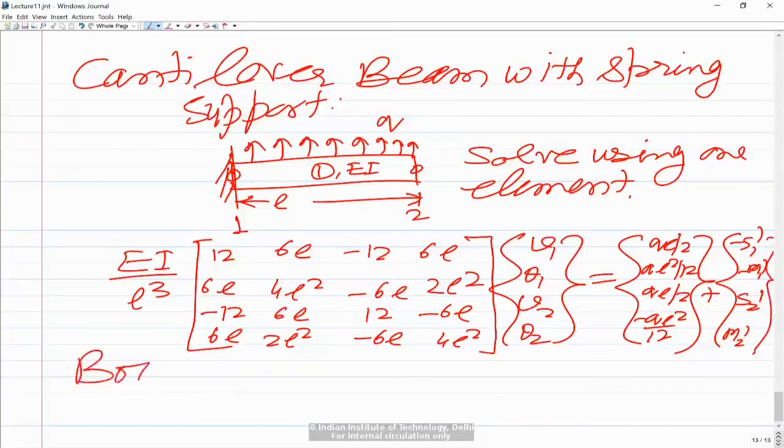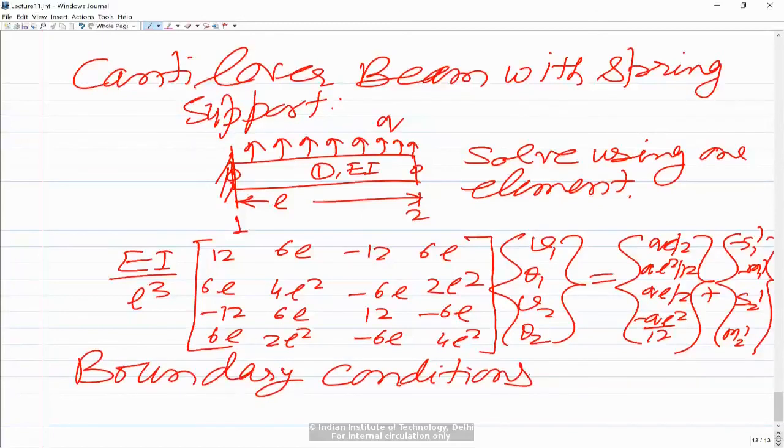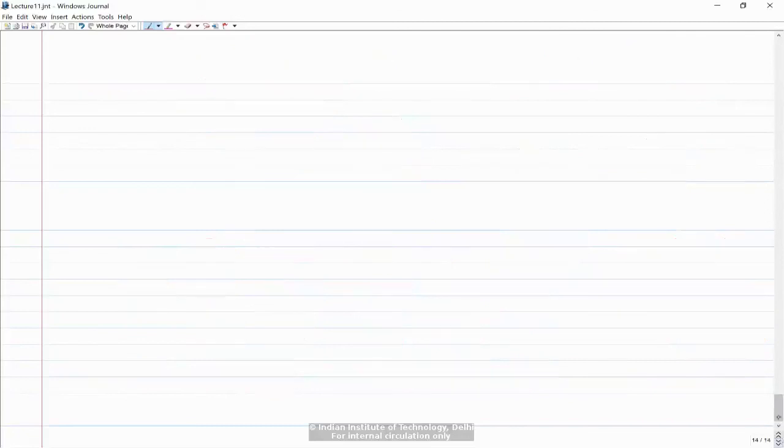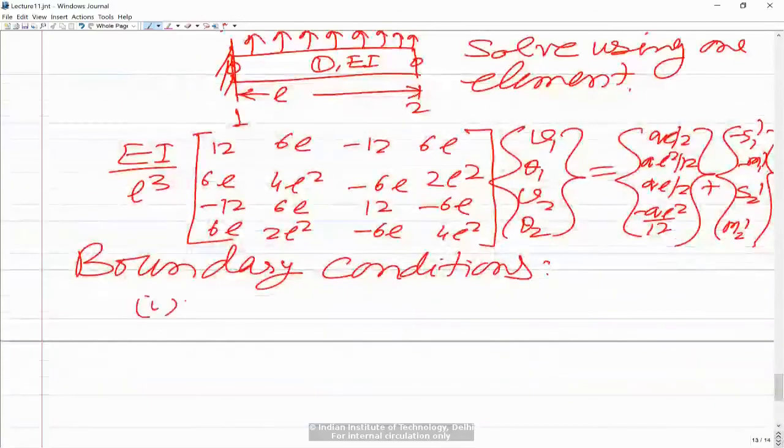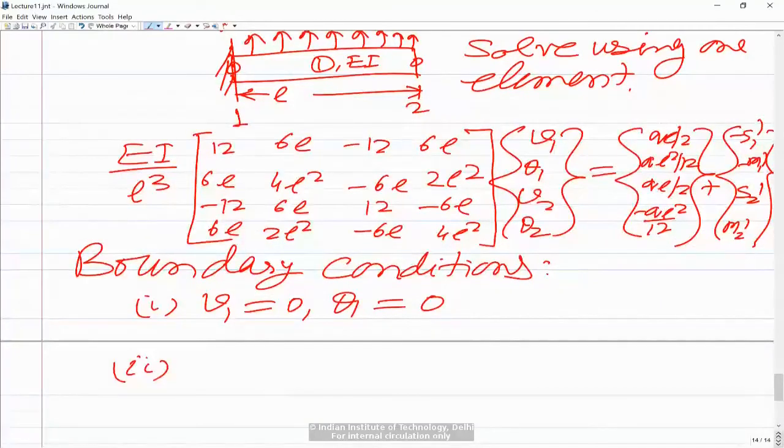Now if you look at the boundary conditions, the left end of the beam is fixed. So fixed means one set of boundary conditions is that v1 equal to 0 and theta 1 equal to 0. And the second set we will get from the free body diagram of node 2. So if I draw the FBD of node 2,